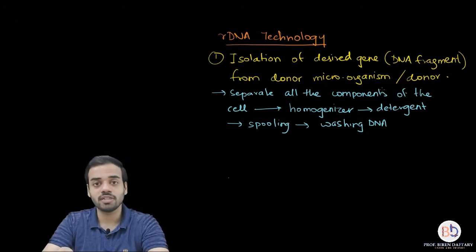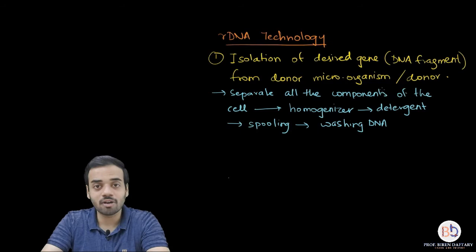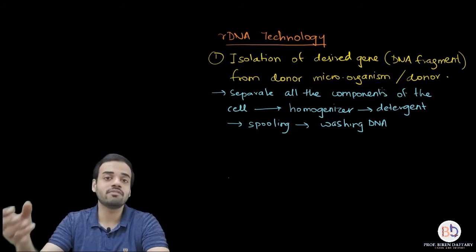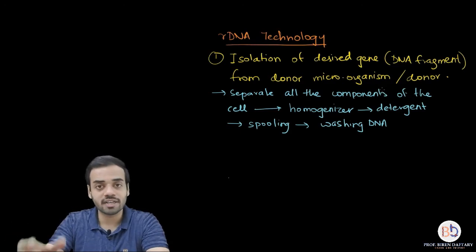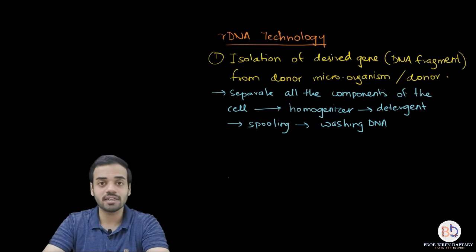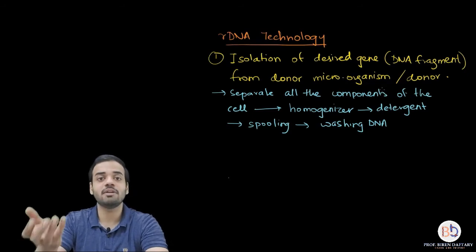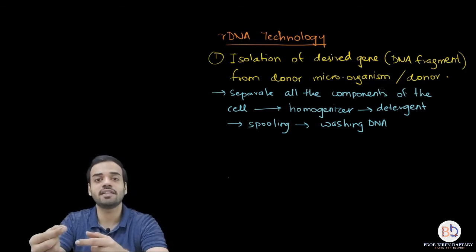After using the homogenizer, all the different parts are separated, but DNA is soluble in water, so you need to precipitate it out. So you will use some chemical which precipitates it out. Normally chilled or cold ethanol or ethyl alcohol is used. Now this is not given in the book, I'm just telling you. Once you pour that ethanol in the mixture, that DNA will precipitate out in the form of white fine threads.